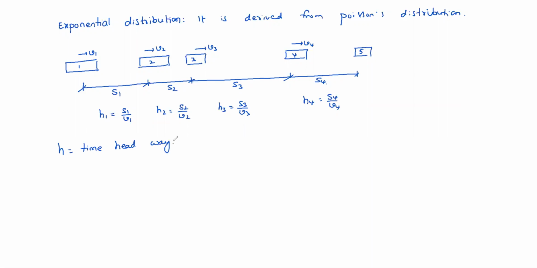See, in a traffic stream, per day, suppose 1000 vehicles are going, then 999 headways you can count at a given point of time. You can find out the time headways, just one less. Whatever the number of vehicles, if n is the number of vehicles, then n minus 1 headways will be there. How will these headways be distributed? Headway is a time actually, so the distribution is in what way?